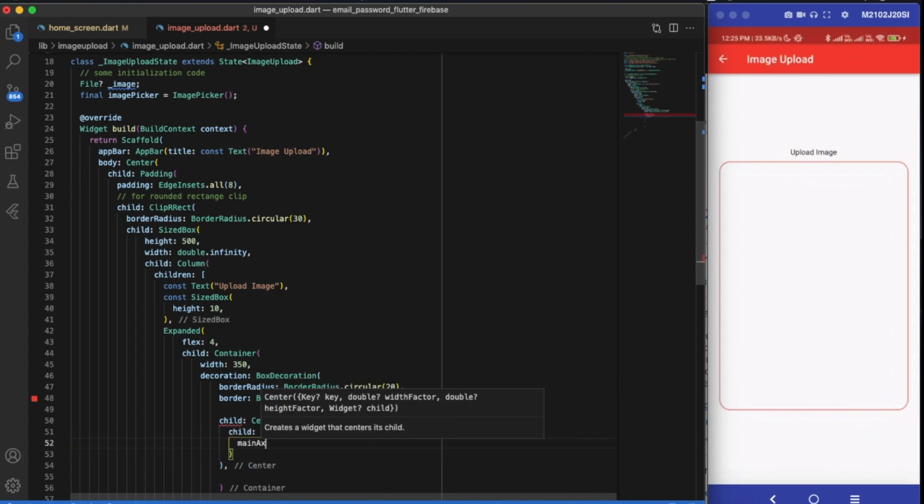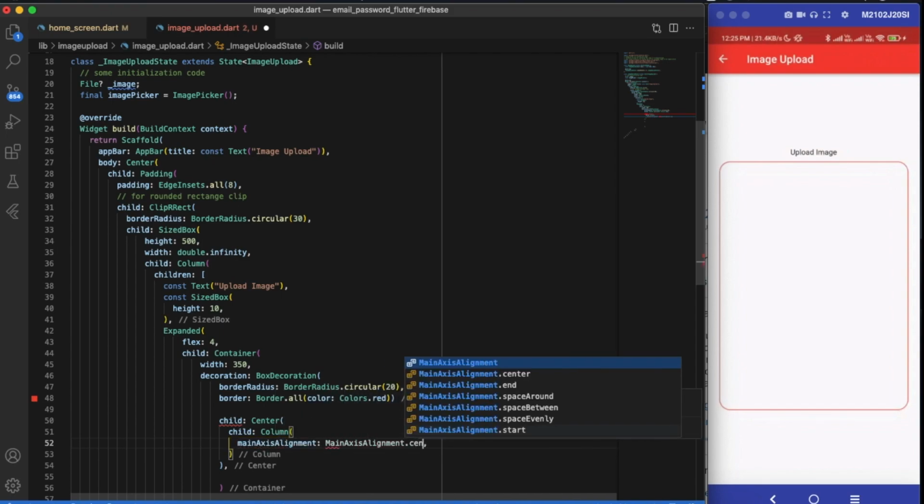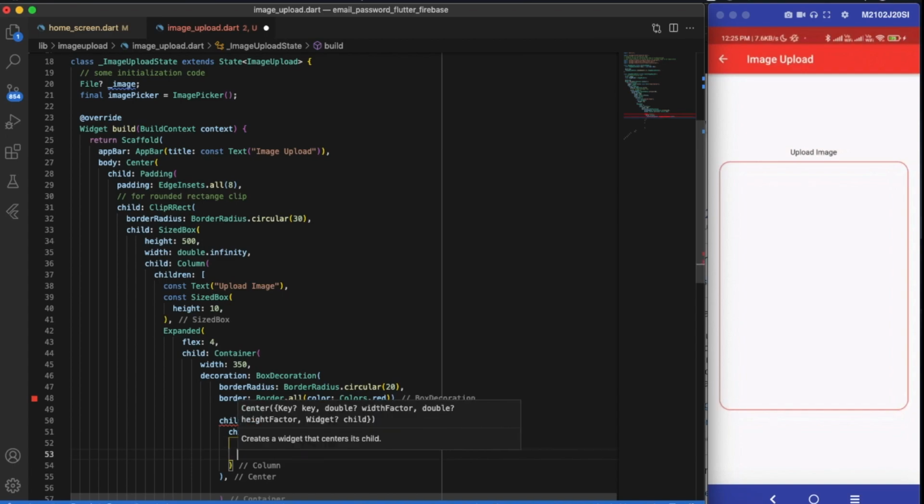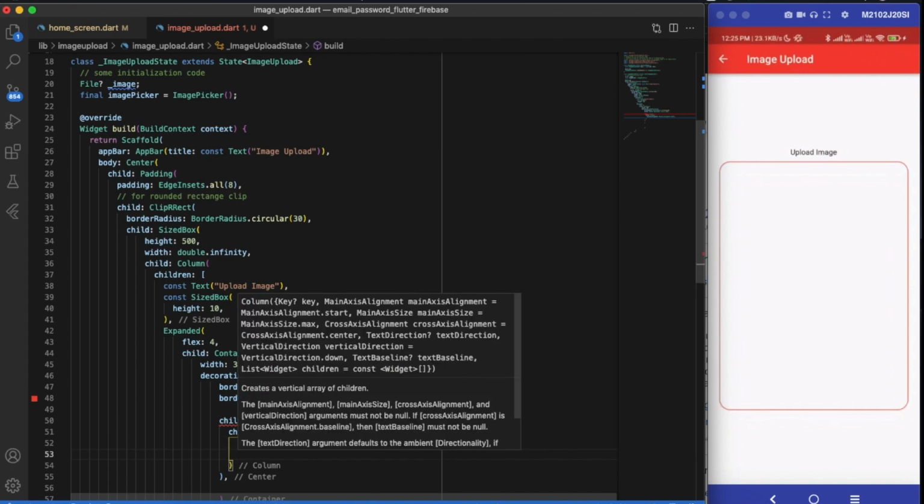Let me create a column here. Let's define some property like mainAxisAlignment.spaceBetween. Actually I wrote center here.